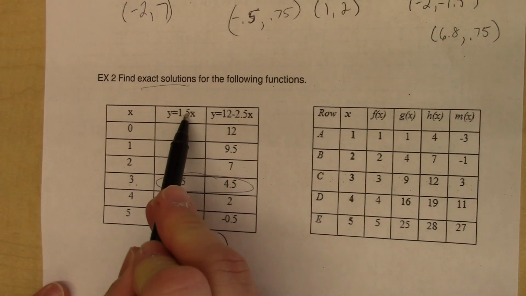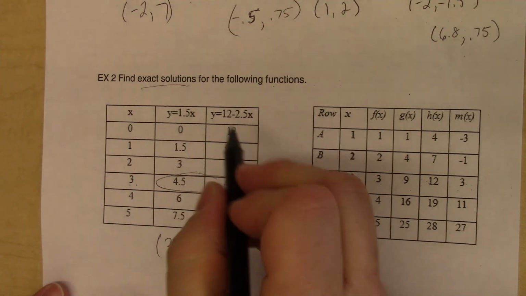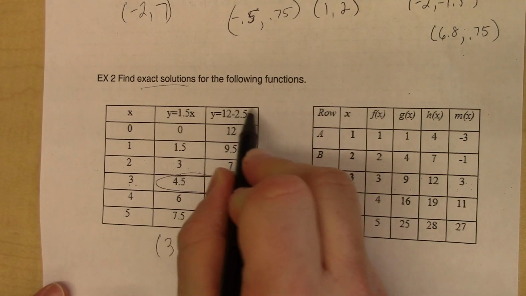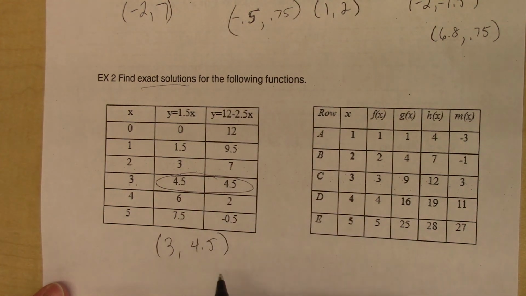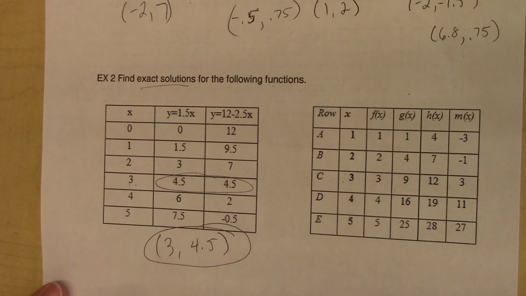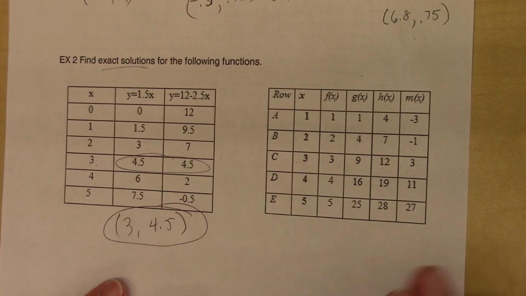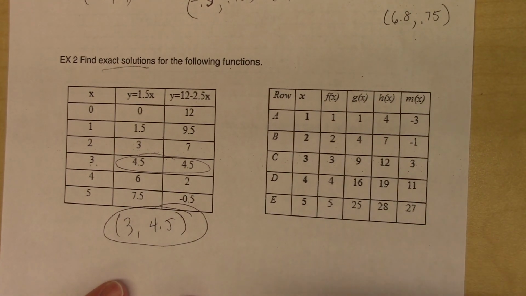Plug in 3 times 1.5 is 4.5. Type in 3, that's 7.5. 12 minus 7.5 is 4.5. So it works as their point of intersection, which is their solution, right? All right. So we're going to talk more about this when we learn how to use your graphing calculator